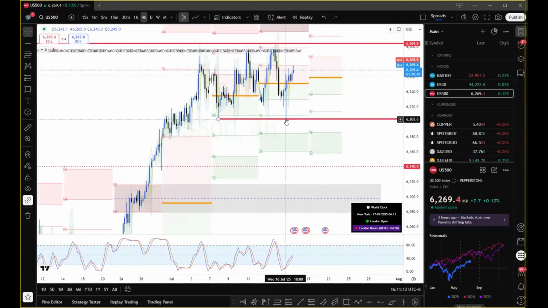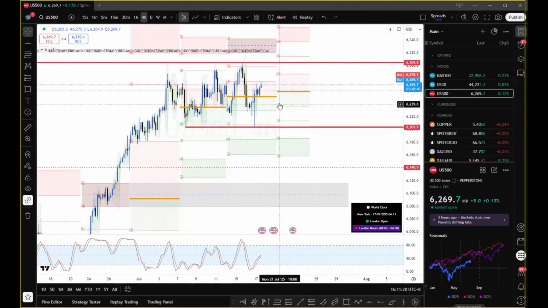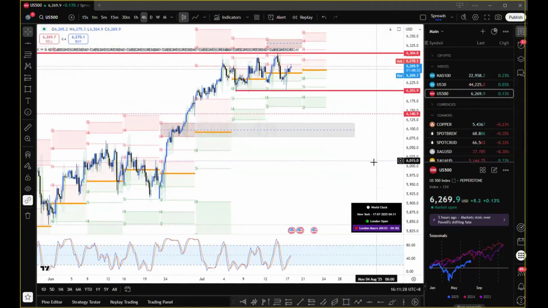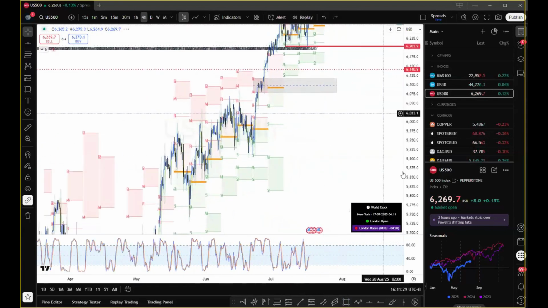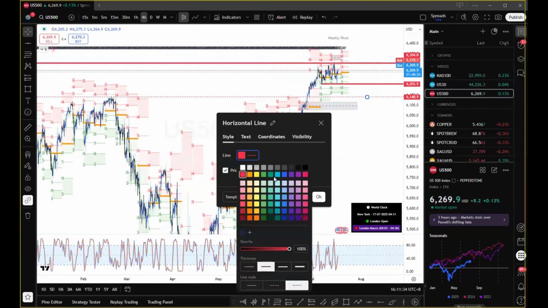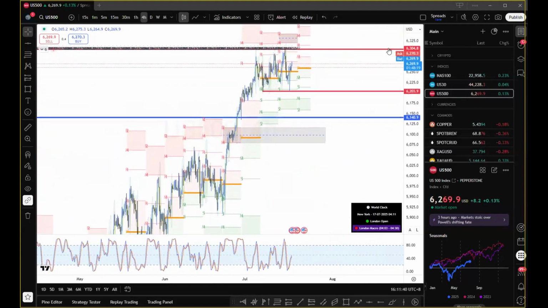Okay, so if we break 6,200, then this will be a nice support for us next week. And this will actually push down your pivot M2 all the way down to this level, which gives us a good entry for buys next week. Okay, so a lot of this is, again, this key line here. I'm going to change the color to blue. Okay, this blue line here would be our key